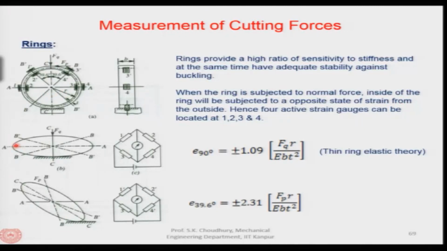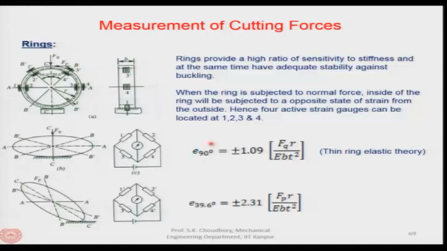You can imagine that if it is deformed in this way, going in one direction, then inside it will be in the other direction. So, these are the 4 sensors or 4 strain gauges which are placed here. Similarly, 1 prime, 2 prime, 3 prime and 4 prime are placed at an angle of 39.6 degrees, because in a ring structure, photoelastic experiments show that the maximum strains occur at the nodes located at